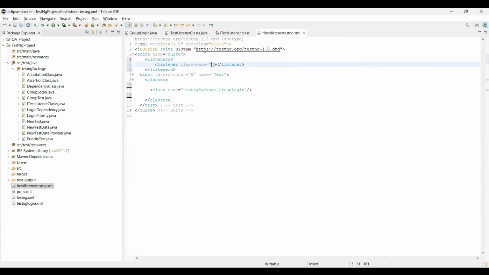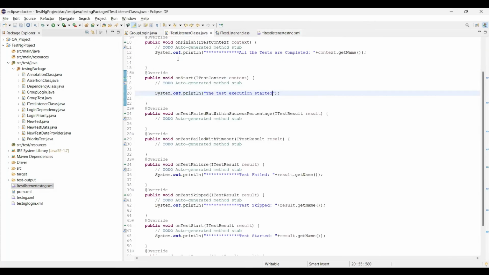In this listener I have to give the description. The description is the package in which you created the listener class: TestNG package, that is the package name, then a dot, and you call the